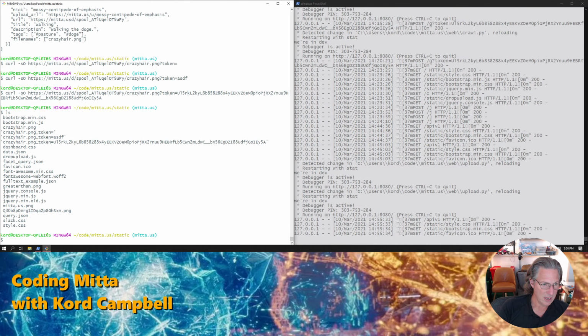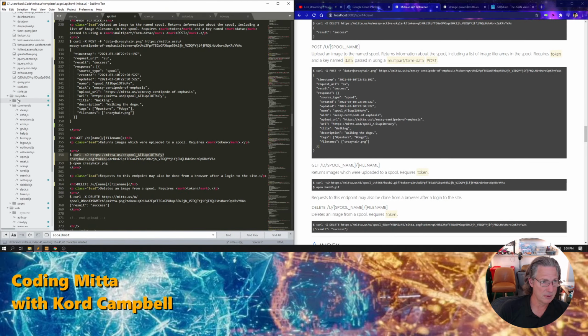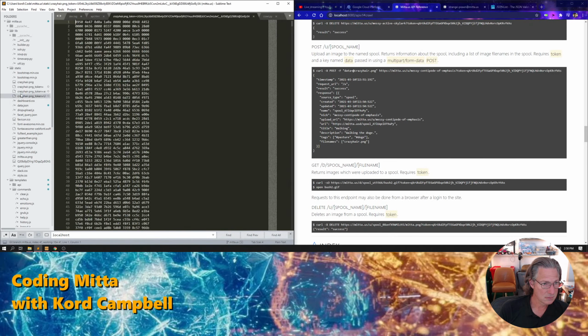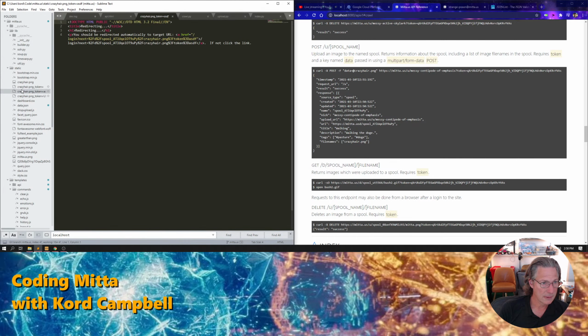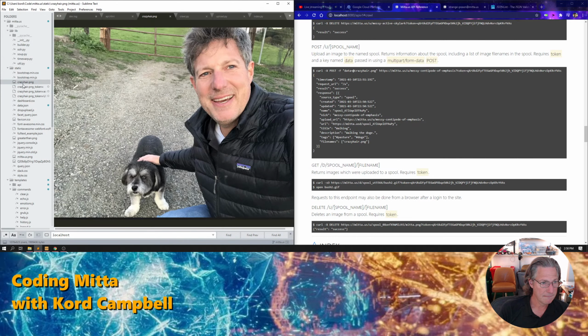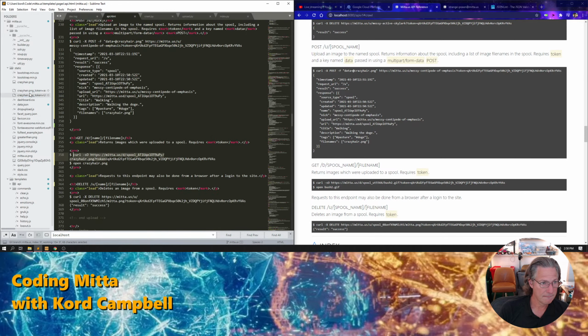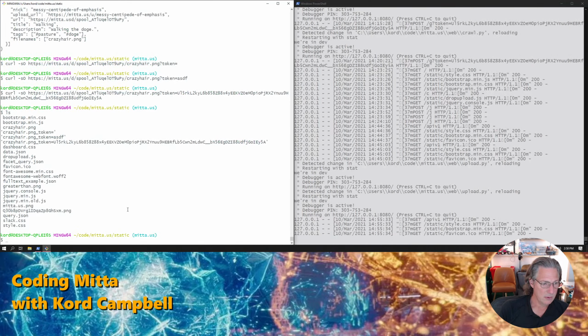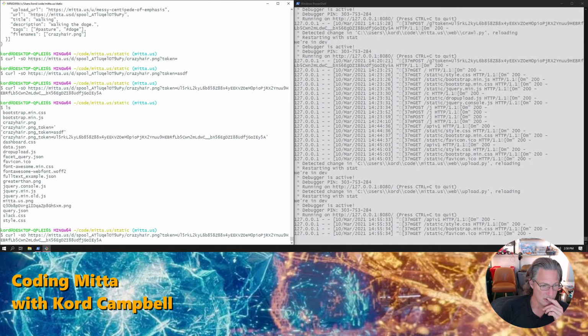We're actually in static. So you can see these popping up in here. That's probably less than ideal, but why is it doing that? That's a curl. I don't want it to put the token on it, but